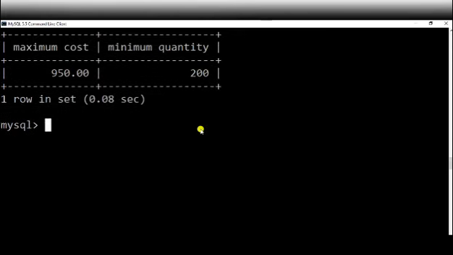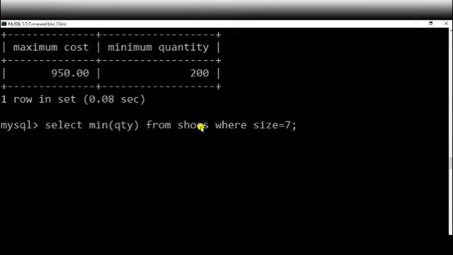Now let us see the average function. Now we'll do average cost. Average, as you know, or we can do average margin also.